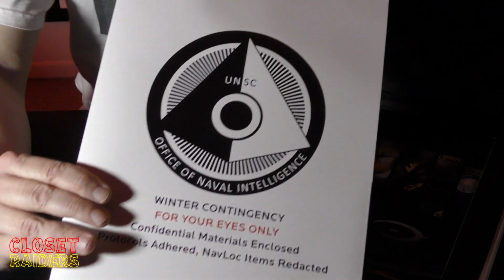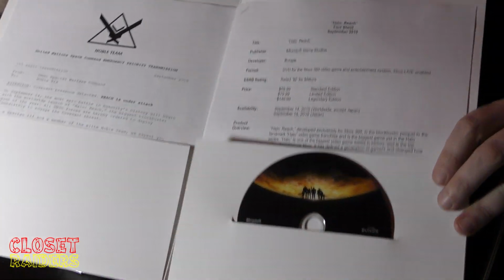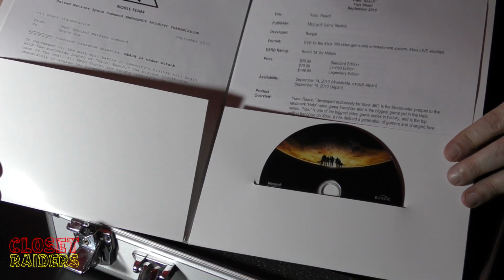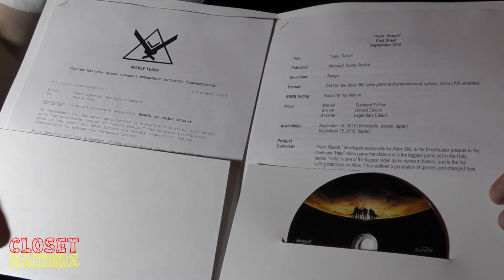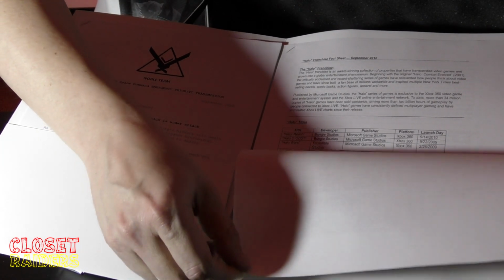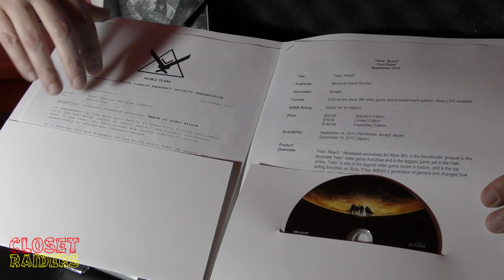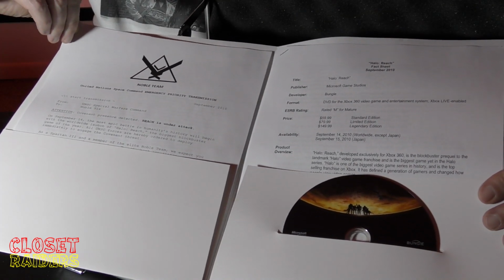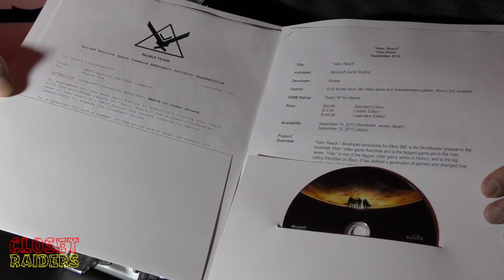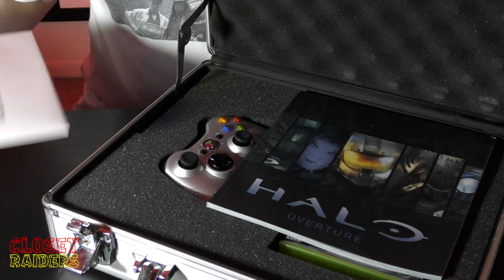I mean, here you can see this is a folder. If you go inside, there's a disc with assets, a bunch of documentation. It's like a fact sheet. You guys have probably all seen this stuff before. Fact sheets, and then there's stuff about the game, times when you could play the game online with others during the review period, and then usually there's a message from the developers, and in this case it's Bungie. Also included